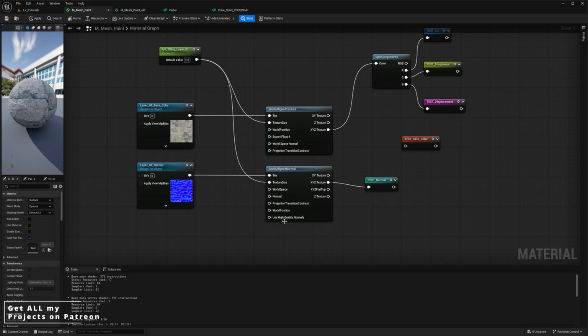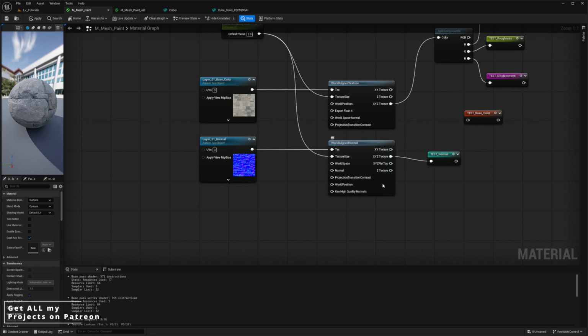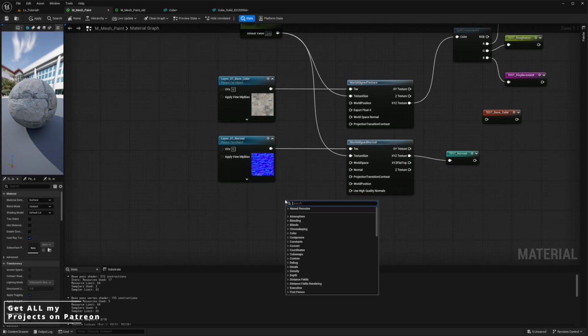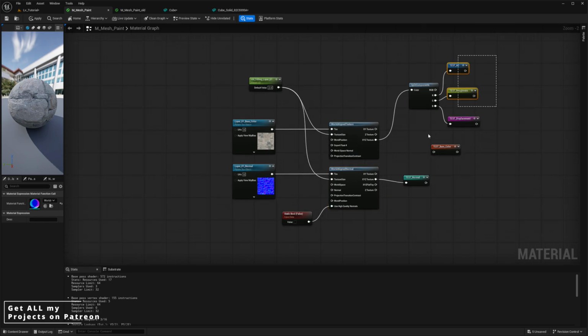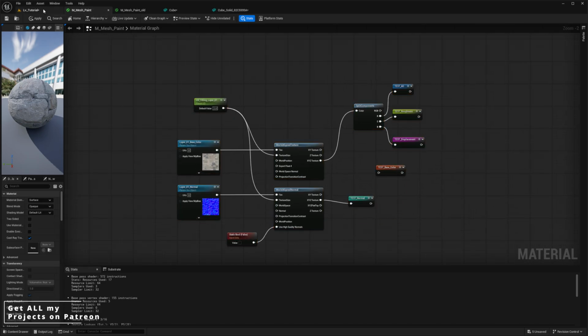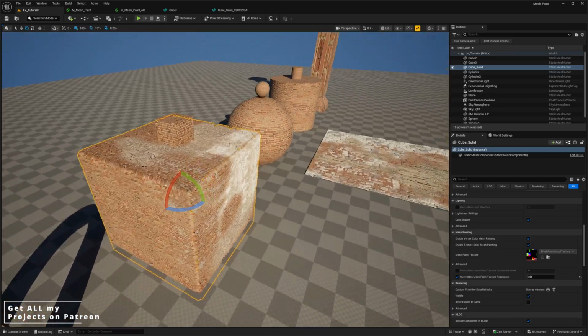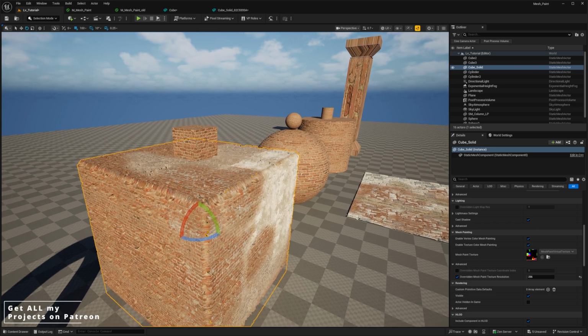But if you really want high quality normals, for example, less mipped normals for your output, you can always add a static boolean here, and you can plug this over like that. Obviously, if you tick this, you will get high quality normals, and if you untick it, you will not get high quality normals. That's everything you need to know basically to plug in and get the result of world aligned. And you'll know that it's working because if you have a look at your mesh that's got world aligned textures enabled,